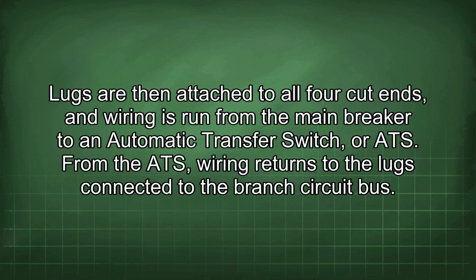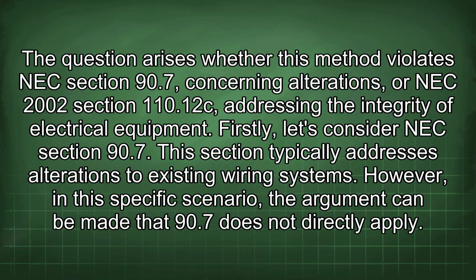Lugs are then attached to all four cut ends, and wiring is run from the main breaker to an automatic transfer switch, or ATS. From the ATS, wiring returns to the lugs connected to the branch circuit bus. The question arises whether this method violates NEC section 90.7 concerning alterations, or NEC 2002 section 110.12 addressing the integrity